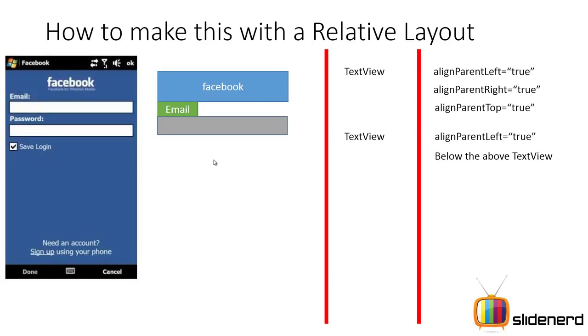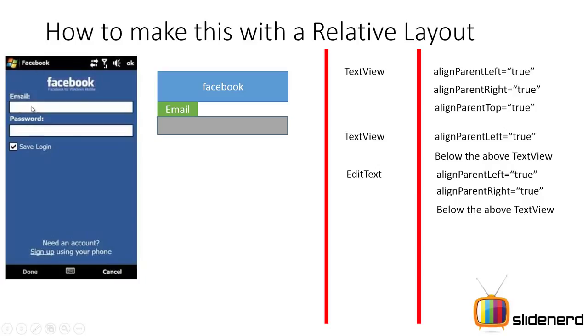Next, we have the edit text right below the email, which looks pretty simple. Again, left is true, right is true, because remember, the edit text is stretched all the way. If you can see some gaps over here, that's only because of the margins applied. Otherwise it's stretched all the way, and it's again below this email text. Then you have the password, which is another text view, same as this, left is true, and it's below our edit text, and ultimately another edit text right below it